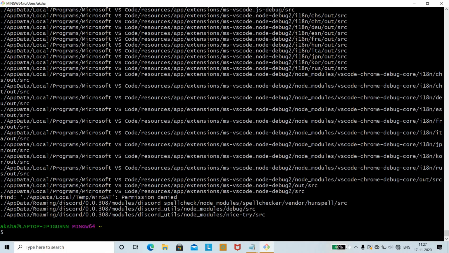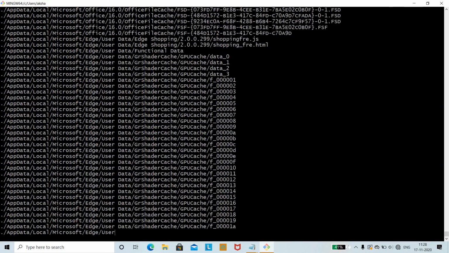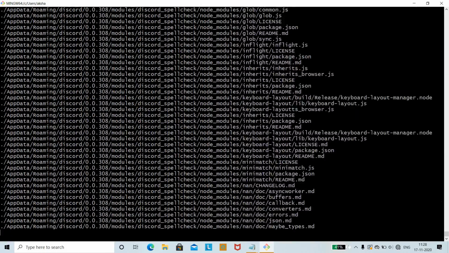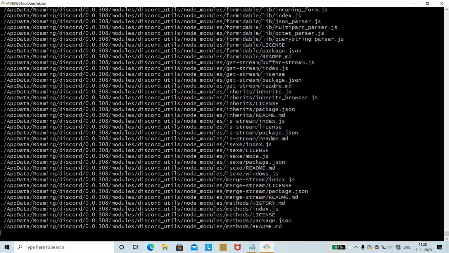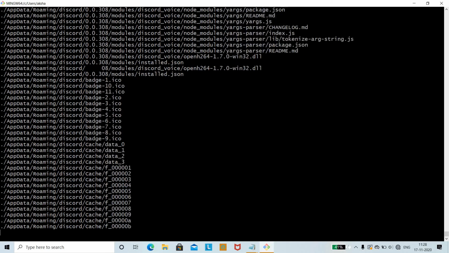Now suppose you want to search the files that have more than 100 characters. Some files will have 100 characters and some files will have 1000 characters. So if you want to find the files with 100 characters, you need to specify find dot hyphen type. Since you want to search for files, the type is f, and then you need to check the file size. You restrict the size to 100 characters, so hyphen size 100c. This will display all the files which have more than 100 characters. So those files are being displayed.